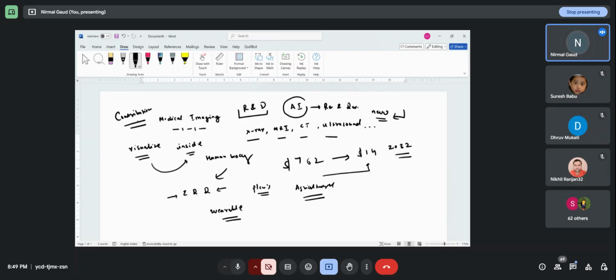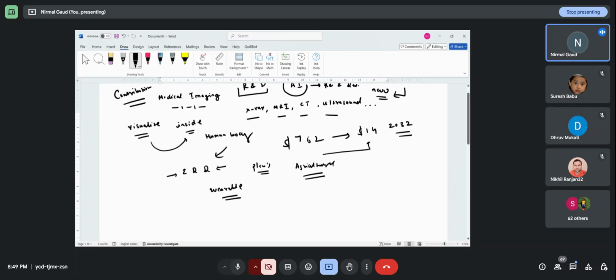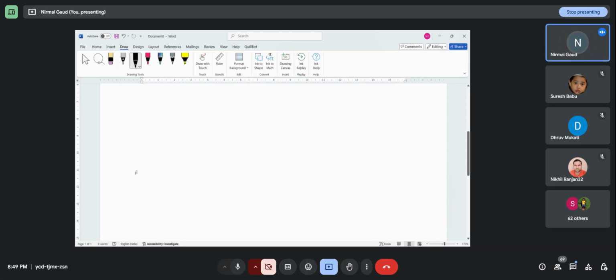Okay, so if I do talk about the data, because we'll be taking X-ray images, MRI images, ultrasound images, we'll be having the data in that format only to perform the analysis. Because what is data science? Data science means exploration of data. What is machine learning, sir? Using algorithms over that data. What is deep learning, sir? A subset of machine learning, where we have a huge amount of data.